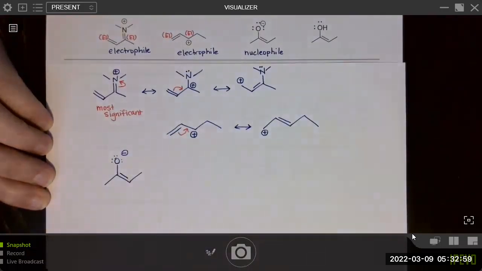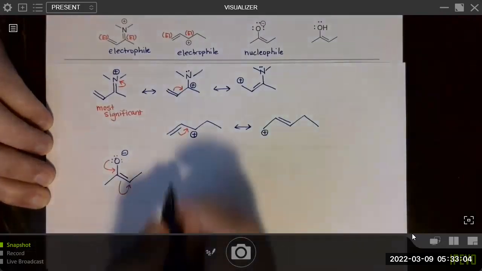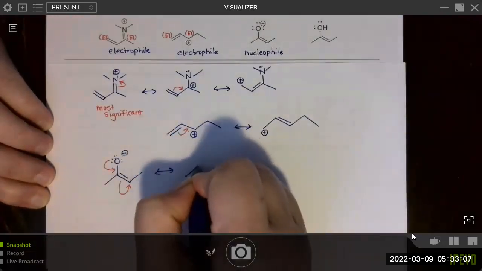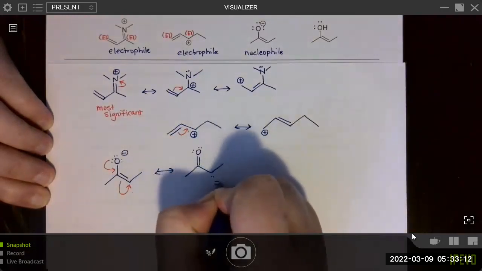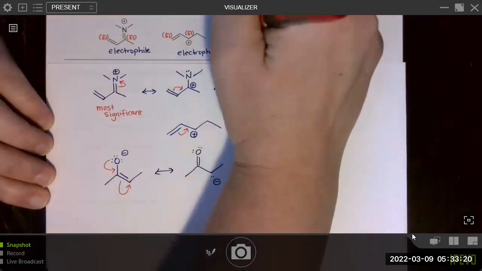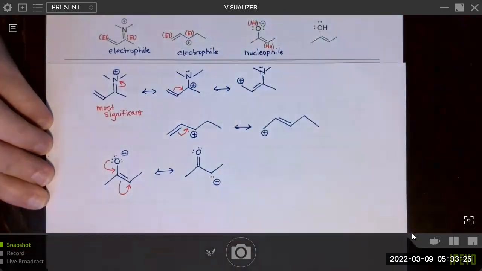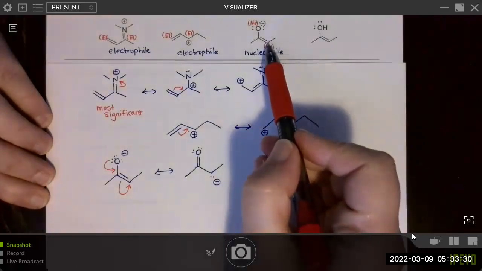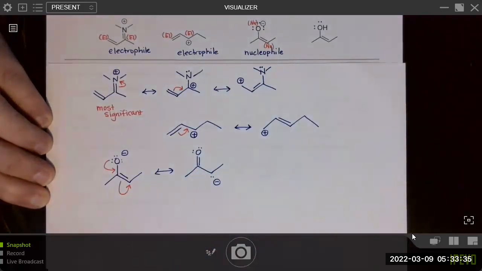Now we're going to use the allylic lone pair pattern. Right, and then this shows us that the negative charge is shared between the oxygen and the carbon. So both of these, both the oxygen and this carbon, are nucleophilic. And if you did not draw out resonance structures, you probably couldn't have come up with the fact that this one is nucleophilic with a partial negative charge.